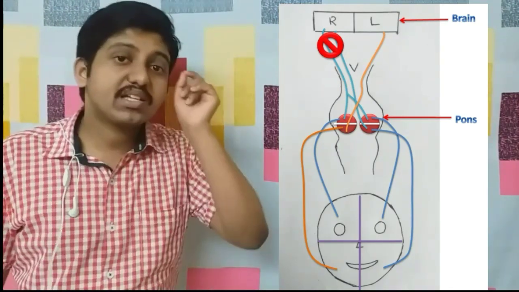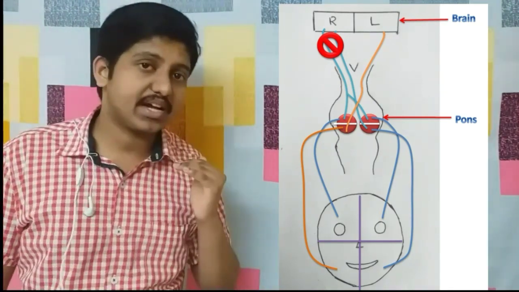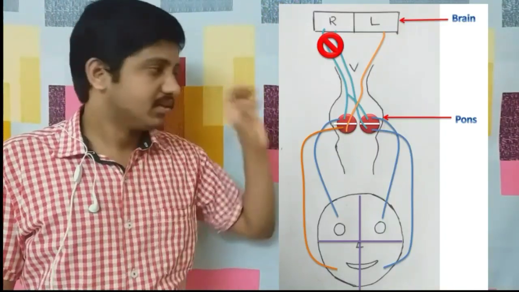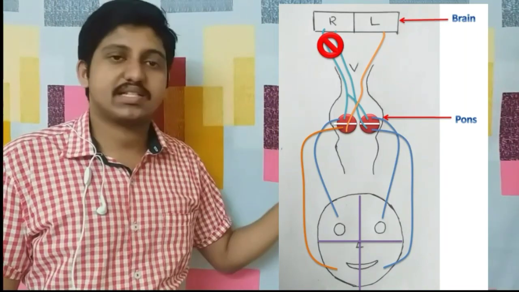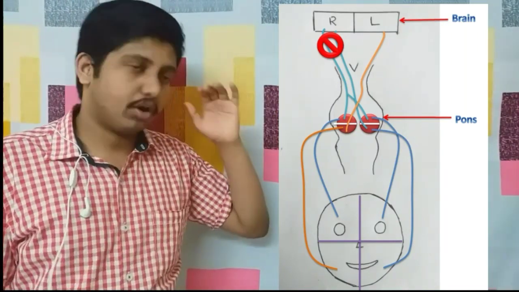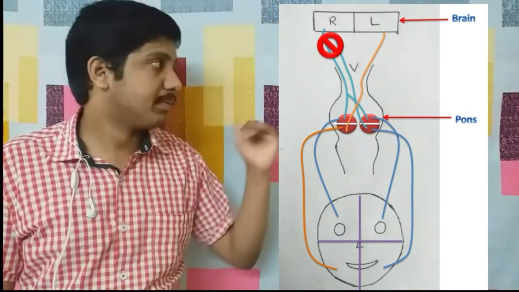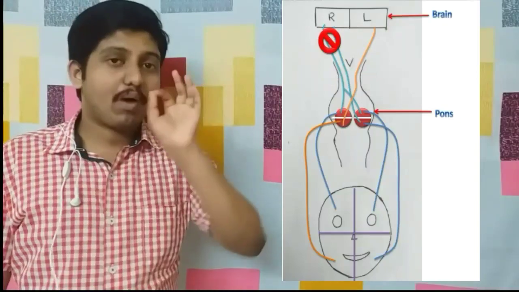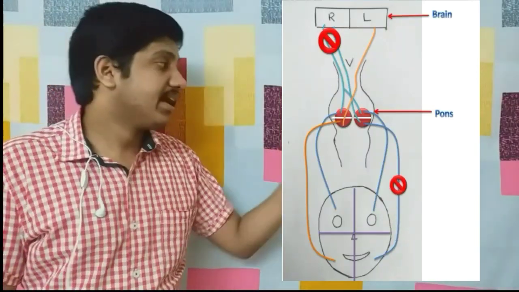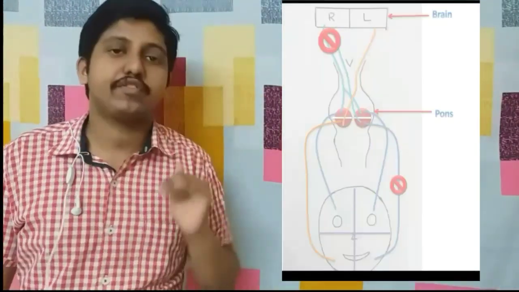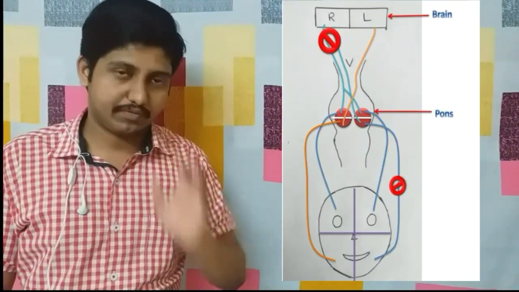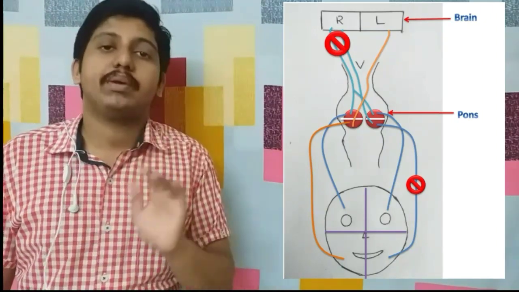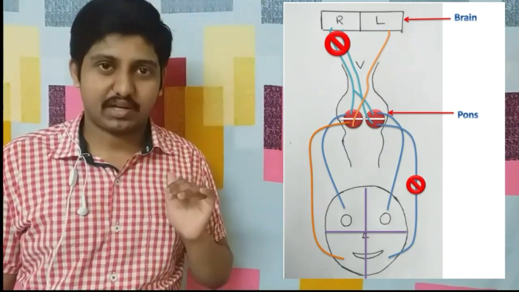But what is the case of the contralateral lower side of the face? The lower part of this opposite side, in this case the left side, is actually supplied by our upper motor neuron on the right side. So what happens? It is actually affected, and hence the left lower part of the face gets affected. All the symptoms of facial palsy will be seen on the lower part of the face, sparing the upper half.